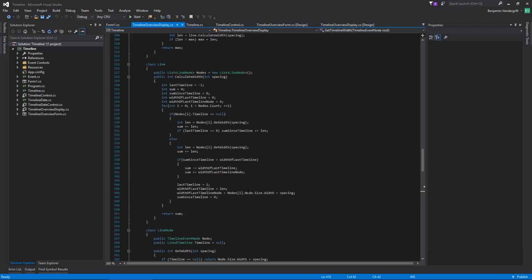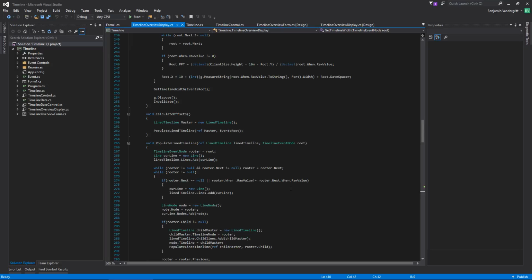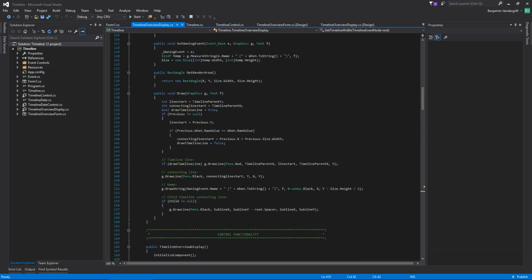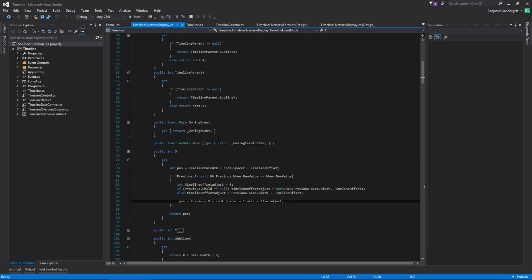So I need to refamiliarize myself with a little bit of this code because, like I said, it has been a while. But what I decided is my solution is actually up here. Is it right here? This is where I'm trying to do all my offset stuff. I don't even know what's going on here. Okay, yeah, I see what's going on here. This thing's a mess. What I decided my solution was going to be is, instead of whatever this gigantic pile of mess is,